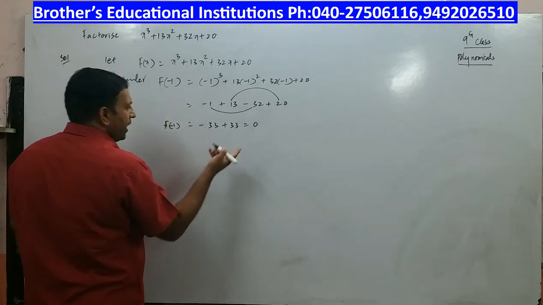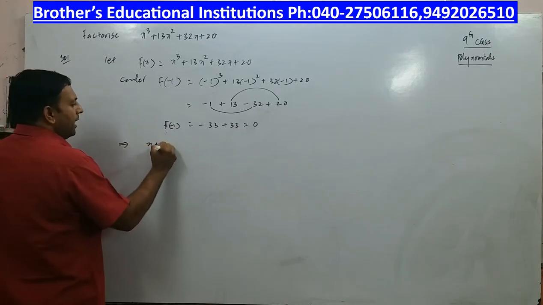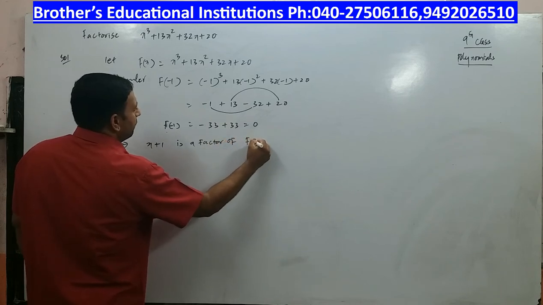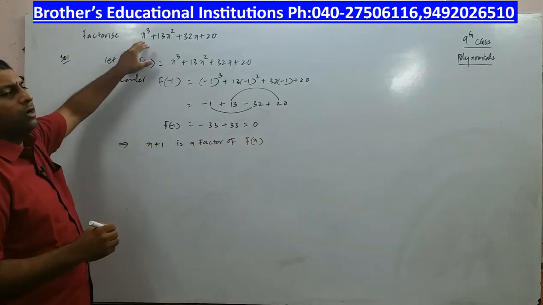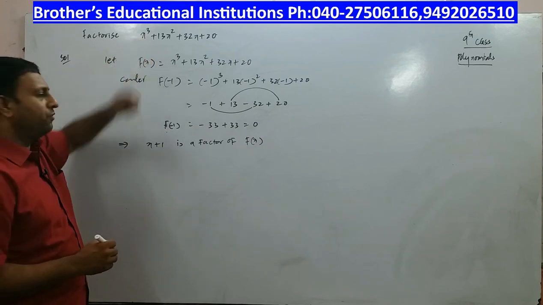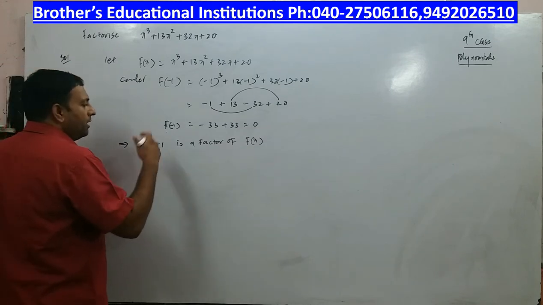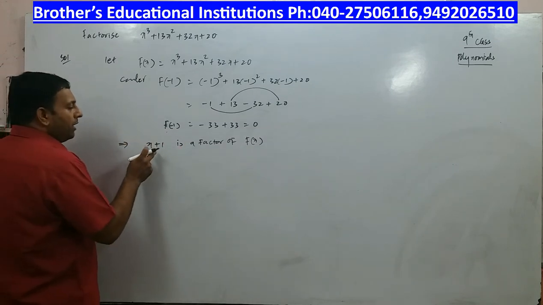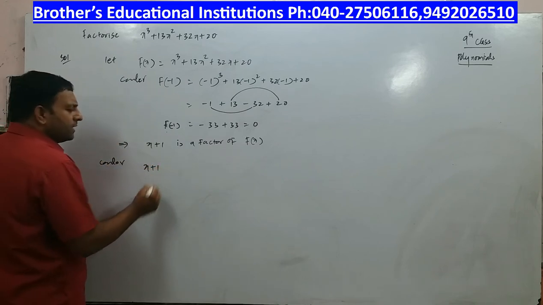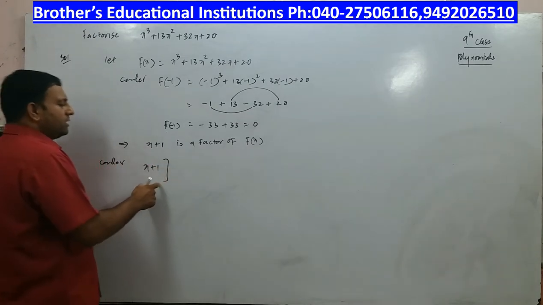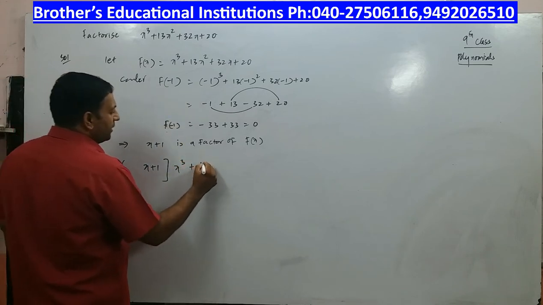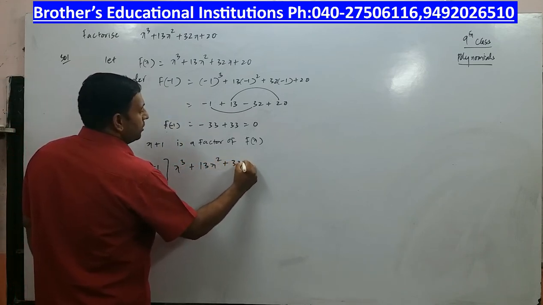So f of minus 1 is equal to 0. So as per factor theorem, I can declare x plus 1 is a factor of f of x. Now, since it is a cubic polynomial, I have to find the remaining factors. I have only one factor. Now I have to go with the other two factors. For that, I have to find the other quadratic polynomial involved with this. So I have to go with the natural division. I will discuss synthetic division later on, but you have to do the problem using natural division. You write x cube, everything in increasing powers of x, 13x square plus 32x plus 20.